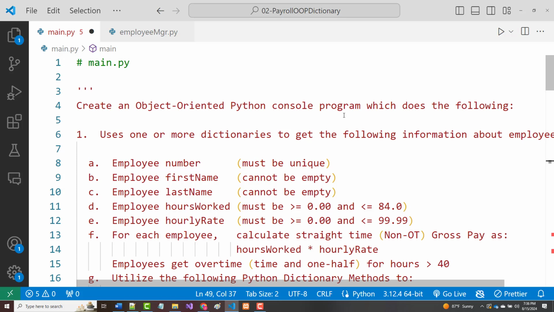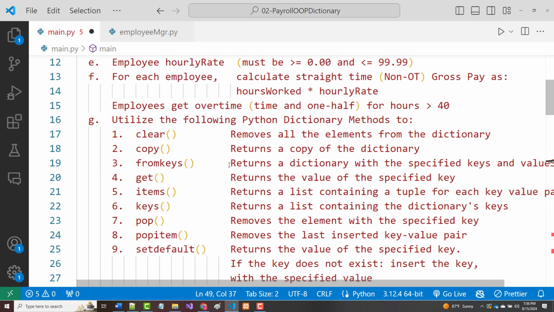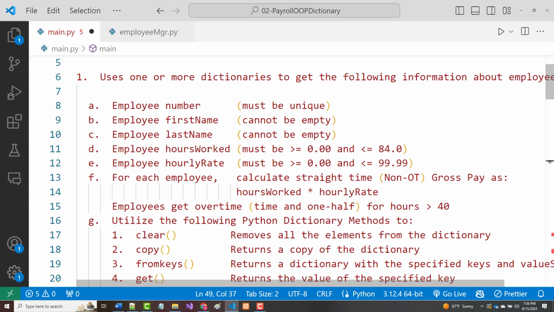Now I've been rewriting it using object-oriented terminology. In the previous couple of videos I redid the one with Python lists in an object-oriented way, and in the last video I showed how to rewrite it with dictionaries in an object-oriented way. So I'm going to go over this quickly, and then run an example of it. Again, each employee has a number, a first name, a last name, hours worked, an hourly rate, and if they have no overtime coming,